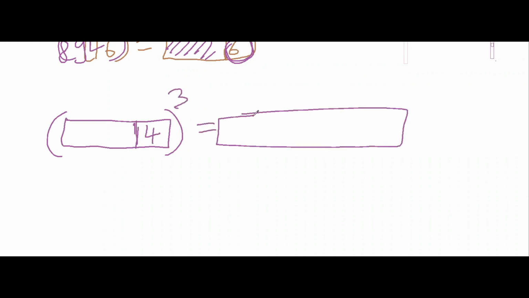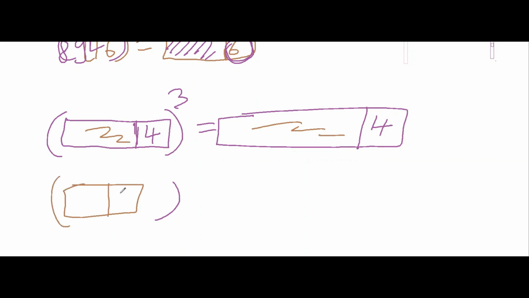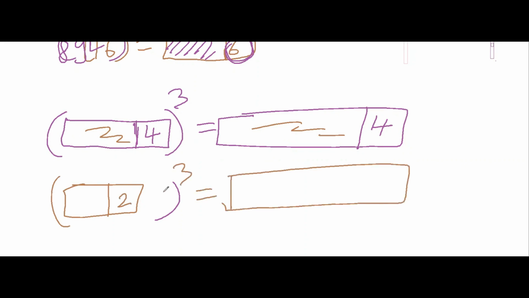If I want to find the cube of some number whose last digit is 4, then whatever answer I get here, the last digit will be 4 only. The other digits could be anything. Similarly, if you have a number whose last digit is, say, 2, then if you find the cube of that number, the unit place will always be 8, irrespective of what the number is. So let me explain this with an Excel file.